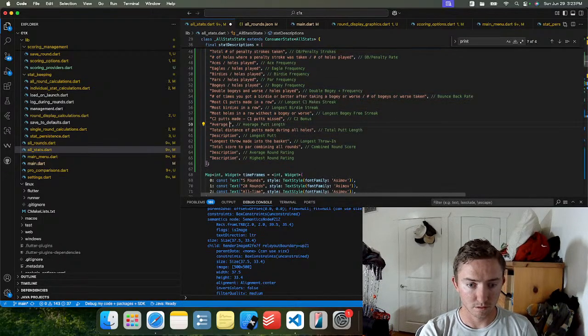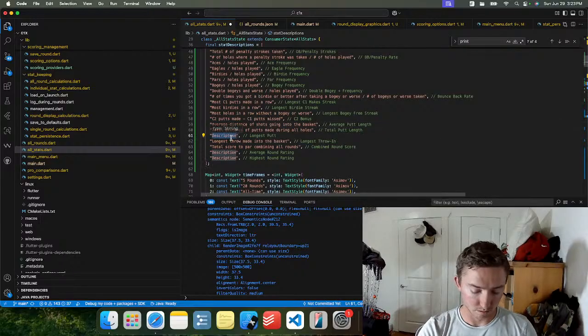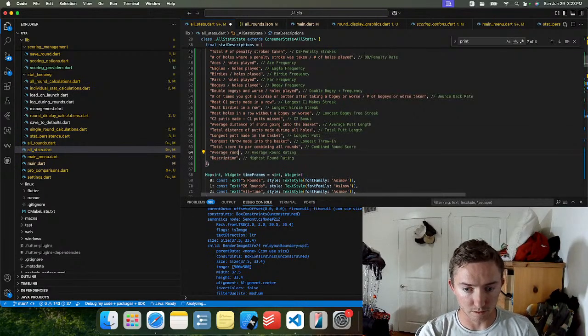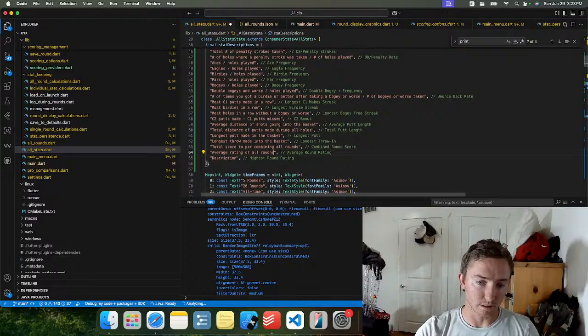Average distance of shots going into the basket. Longest putt made, basket. Average round rating of all rounds. And